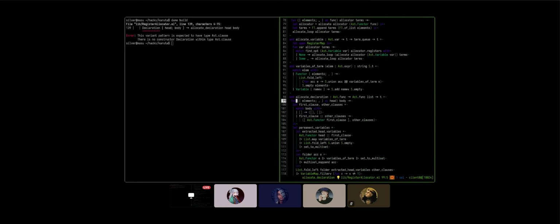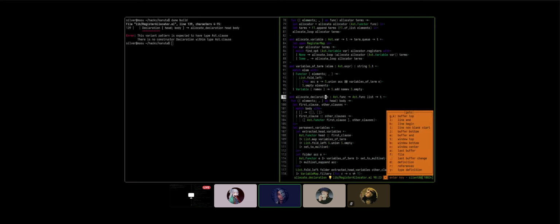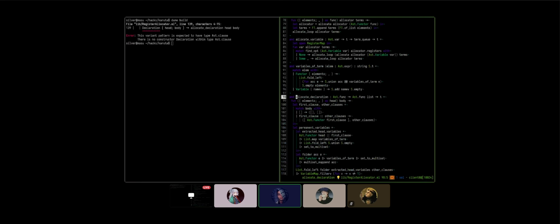Let's do it. Instead, just do the destructuring on this instead of receiving the two separate things, the head and the body. Just receive the declaration and do the destructuring. Done. Head and body. Instead, we're going to do this. Well, actually not this. This, right? And this is a st.declare. And then you can get rid of that.